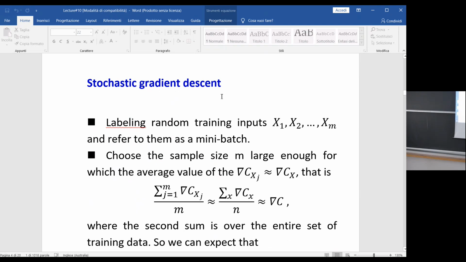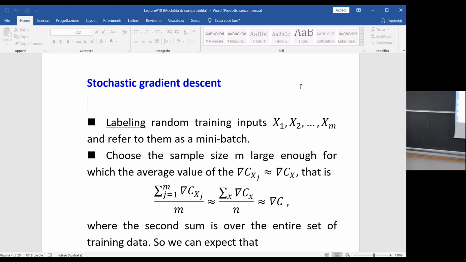Stochastic gradient descent. Now we want to accelerate the procedure of our training. So we don't want to train using the whole data set, which is very big, and so adjust a lot of parameters. But we want to choose randomly some subset